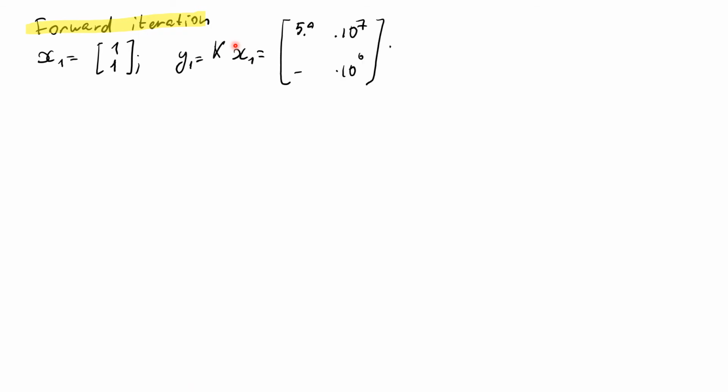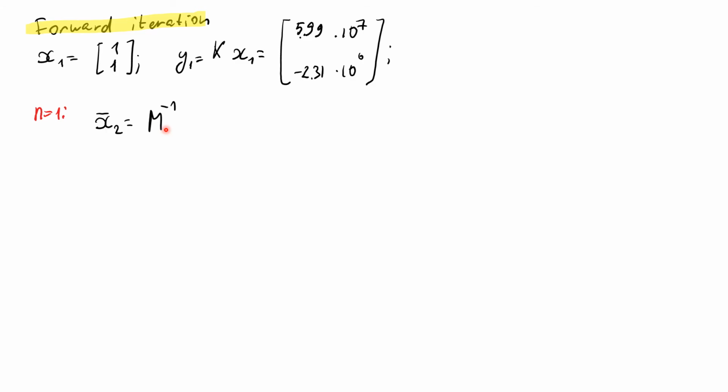Now the same task, the same 2 steps, but using forward iteration scheme. So we start again with the initial guess for x1. We make the same initial guess, both components are 1, and obtain y1 by multiplying, here however, we multiply it with the stiffness matrix K and not mass matrix. Then we start our loop